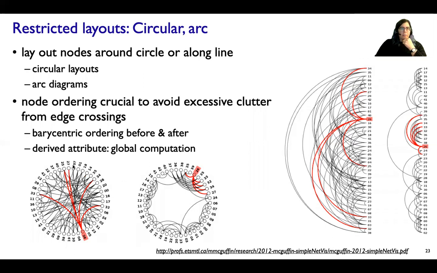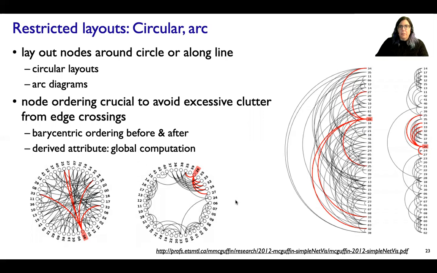Instead of laying things out in arbitrary order around a circle, or along a line with arcs, where things look extremely cluttered with a lot of crossings, we can compute some sort of optimal ordering to minimize the number of crossings. And notice how these pictures are much more understandable after that. In this case, it's a so-called barycentric ordering. In this class, we're not going to get deep into the details of that because we're not really covering too much of the algorithmic issues